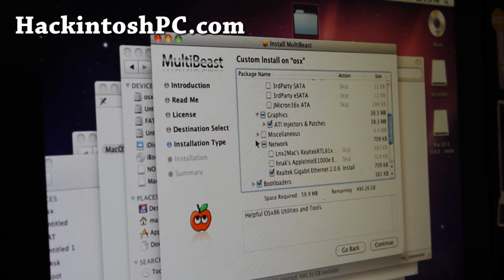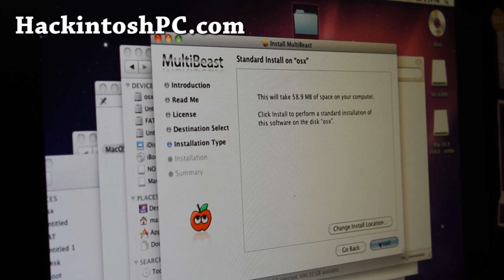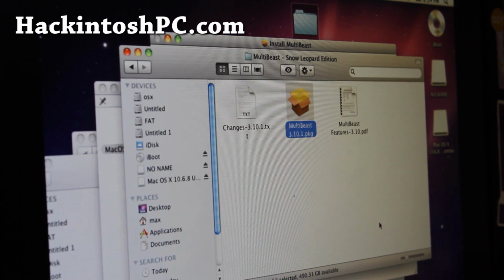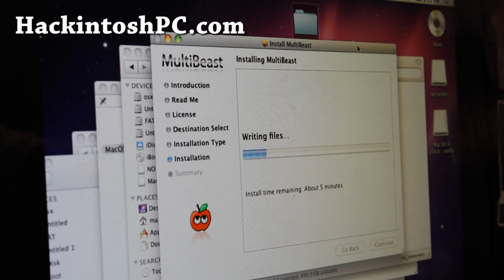And that's pretty much it. And just do continue and install, and enter your password, and it should start installing. And when this is done, you can reboot, take the iBoot CD out. Your computer should be able to boot by itself, and also it should fix my sound, my graphics, and voila, I